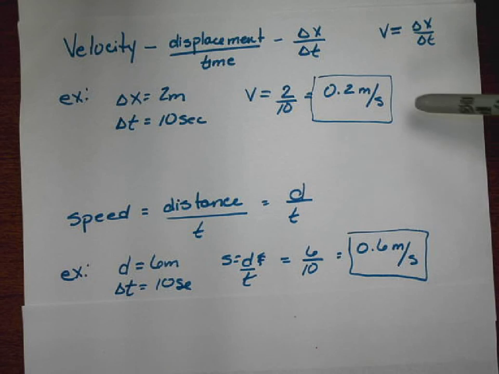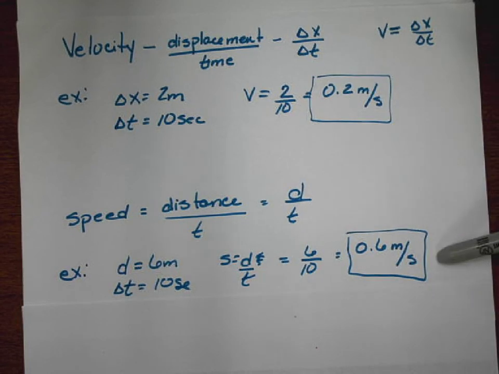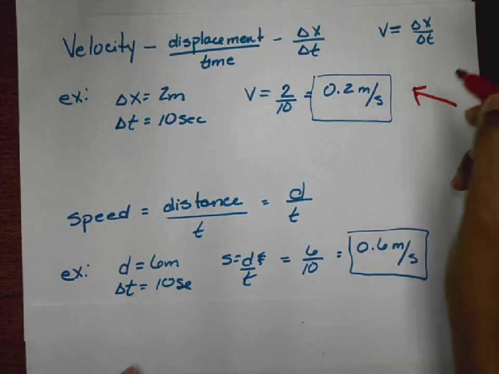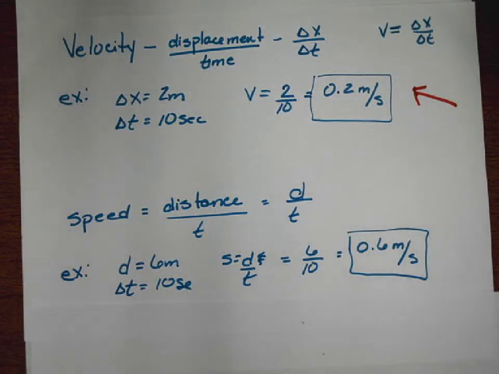And again, you can tell there is quite a difference between velocity and speed. We will concentrate mostly on velocity because we are concerned with the direction in which things move. Well, you can calculate velocity with an equation, but you can also show velocity by collecting data, by graphing data. So let me show you this